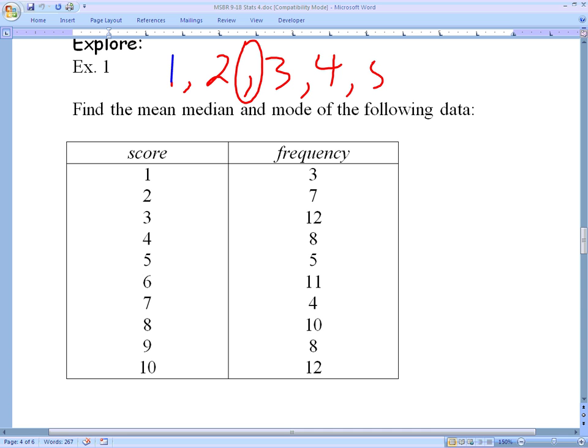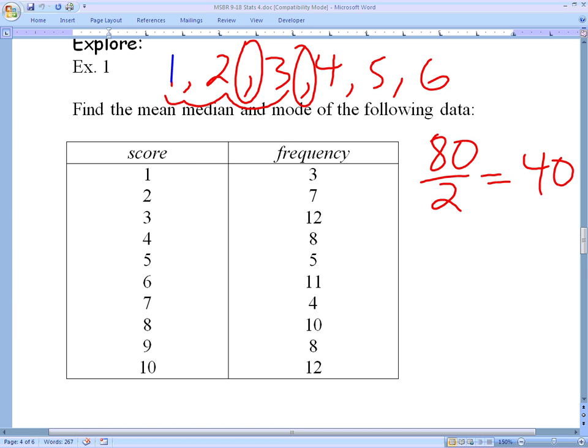Okay, so now we have 5 and 6. 6 pieces of data. Again, half of 6 is 3. Well, you've got 1, 2, 3 numbers, and it would be right after the third one. So right after the third one, the average of the third and the fourth one. Well, now what happens if we have 80 pieces of data? All right, well, 80 pieces of data, we divide it by 2. That means there's 2 groups of 40. The first 40 numbers and the second 40 numbers. We want the last one of the first group and the next one after that, so the 40th and the